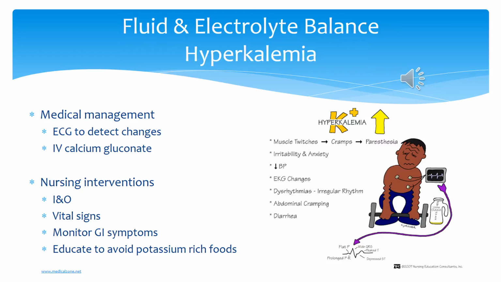Nursing management will include monitoring the I&O and observing for signs of muscle weakness and dysrhythmias. When measuring vital signs, an apical pulse should be taken. The presence of paresthesias and GI symptoms such as nausea and intestinal colic are noted. Serum potassium levels as well as BUN, creatinine, glucose, and arterial blood gas values are monitored for patients at risk